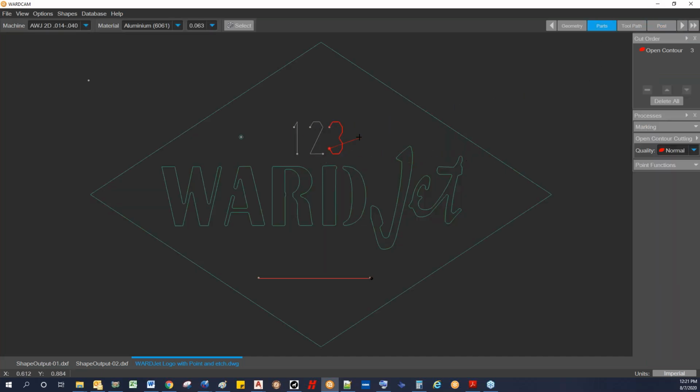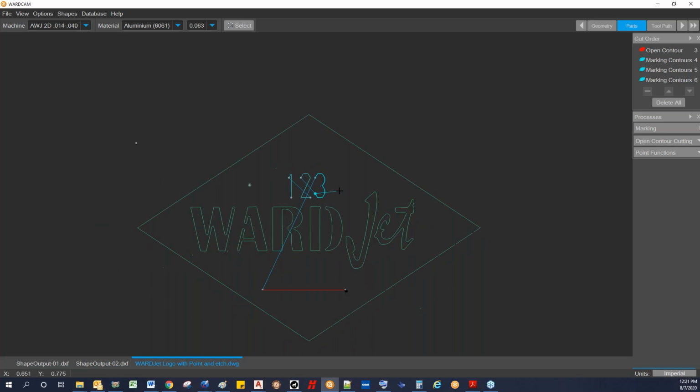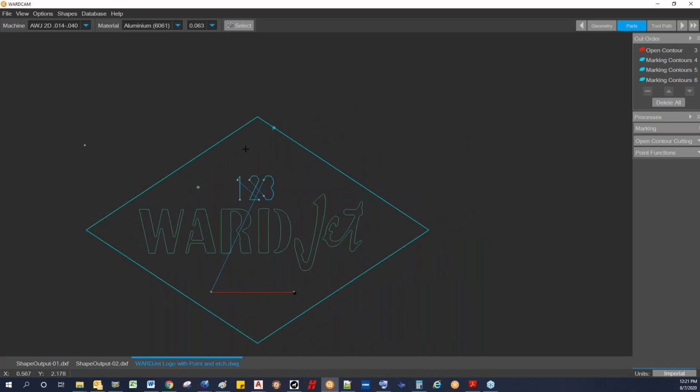The other thing on this part would be etching. So I can use the marking command here. If I activate this tool, I can just left click and add my marking contours to that geometry. And your parameters for your marking are under your material database. If you go to database and then material database